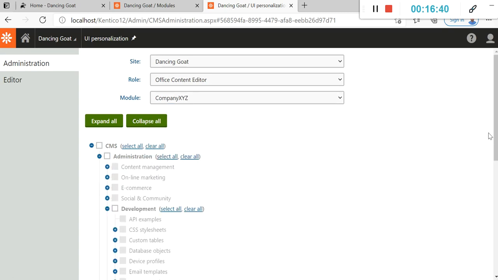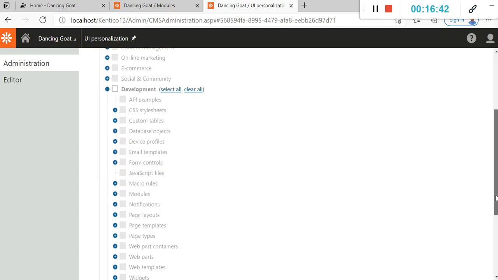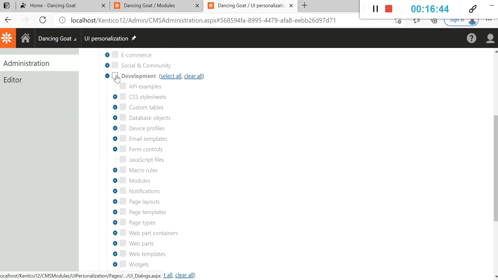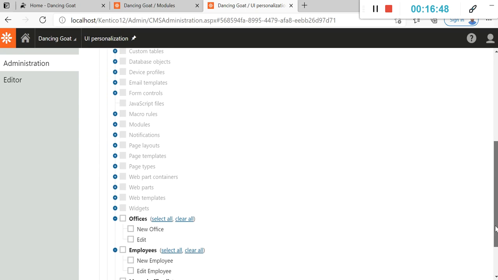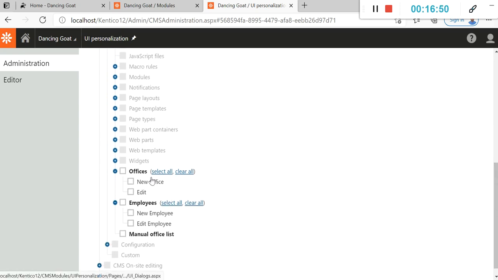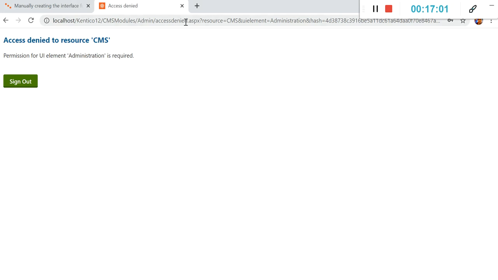In company XYZ we have three sections. Let's give them access to development, but in the development itself we have offices, employees and manual list, and we need to give them access to the office manual list only. So let's check this and do it again.